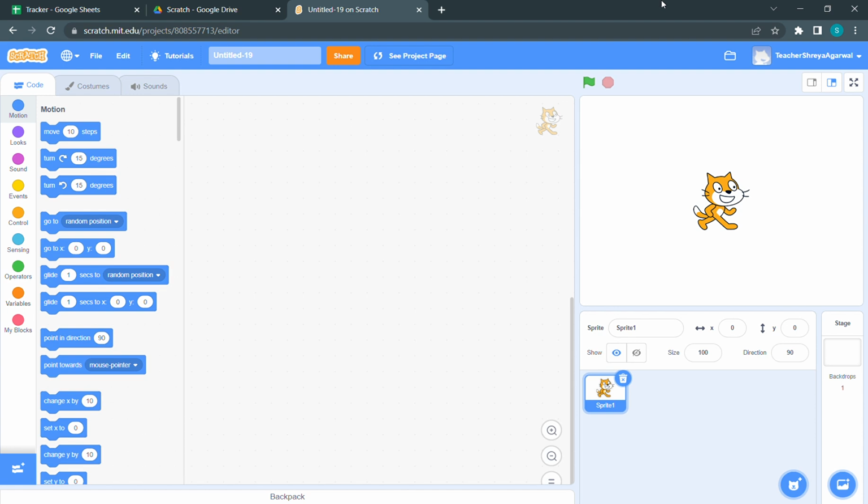Let me quickly tell you what are the things that we are seeing right here. I will start from the rightmost side. We have this box right here, which is called the stage. This is the place where you can actually see your game, your animation, or whatever stuff that you're trying to create. Right below this, you have these tiny boxes right here that show you whatever sprites are there in